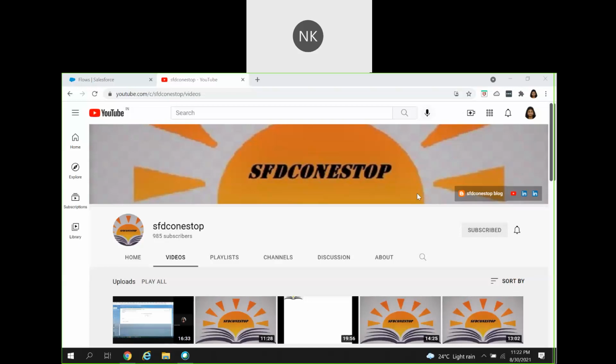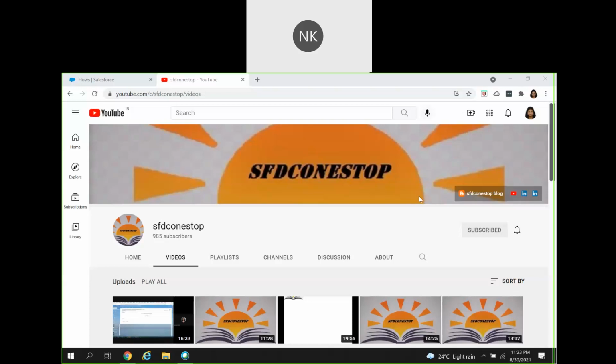So today we will be creating a very basic screen flow where we will collect some information from the user, and then we will try to embed the flow in our guest community. As you all know, we have created a couple of communities: guest community, customer community, partner community. Whatever screen flow we create, we will try to embed in our guest community. We will be discussing a guided visual experience, which we will embed into our guest community. That way we will build our end-to-end business use case. That is what we are going to do in today's video session.